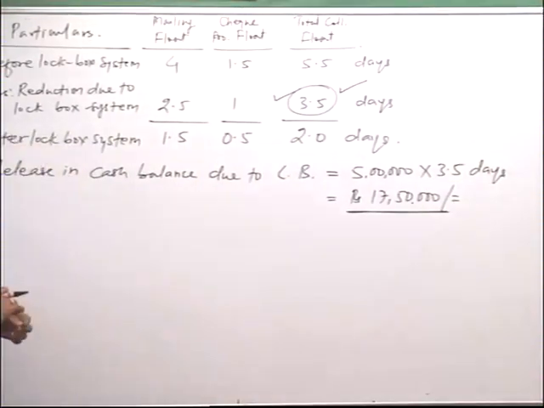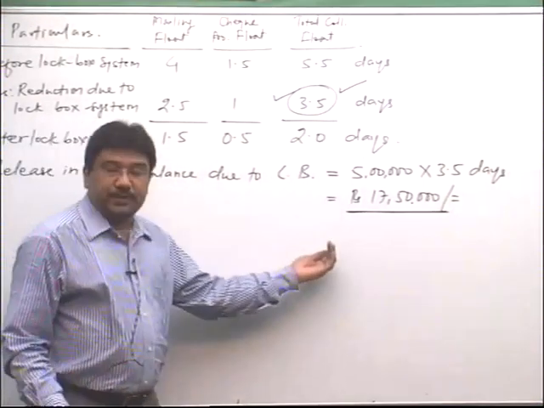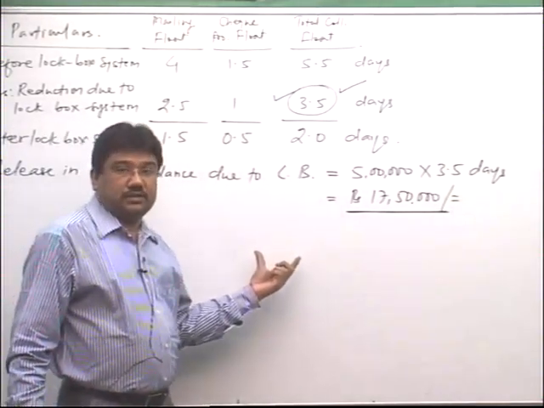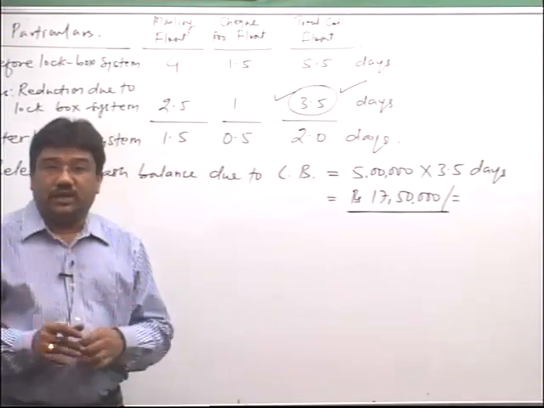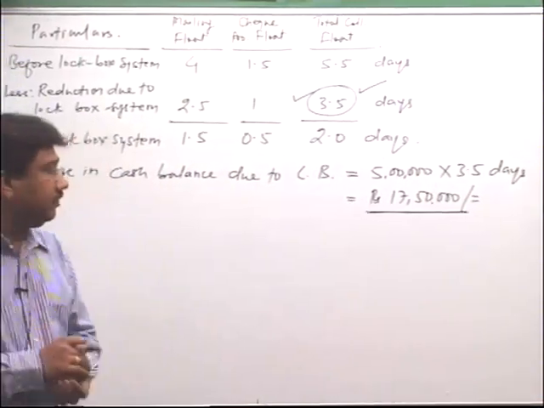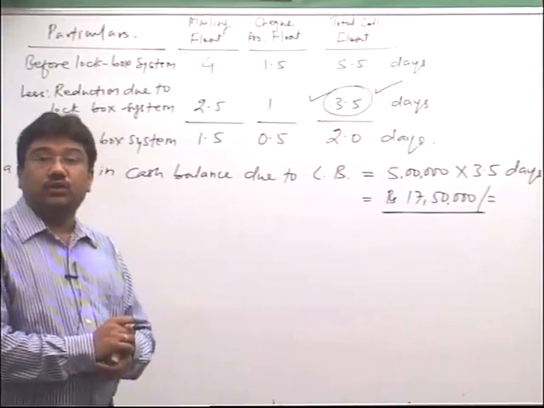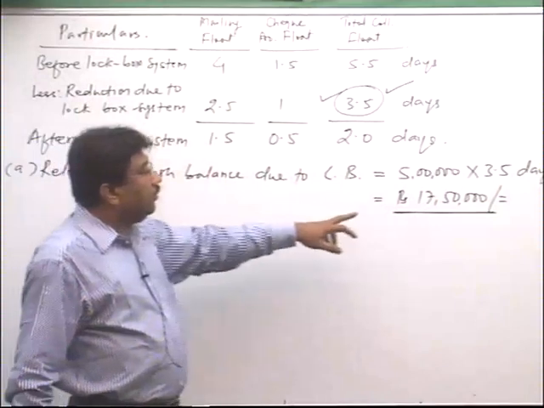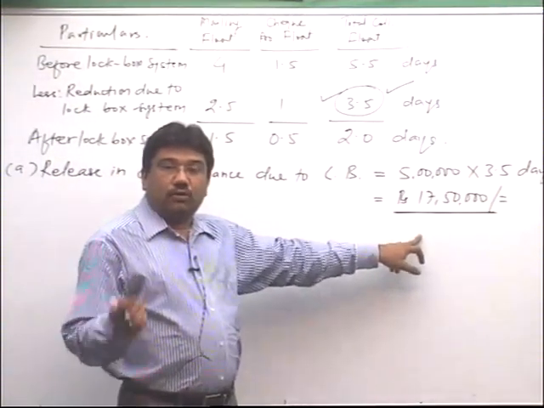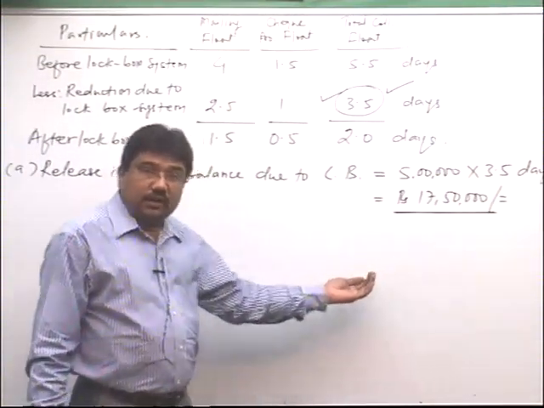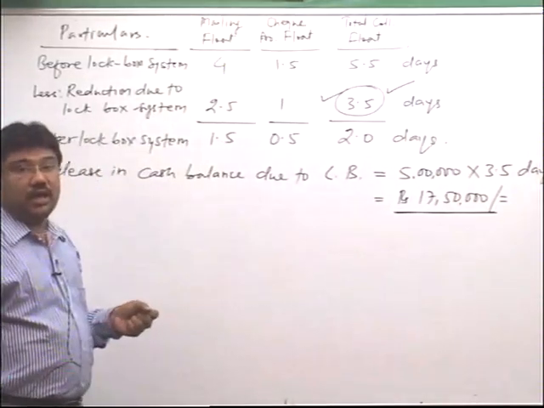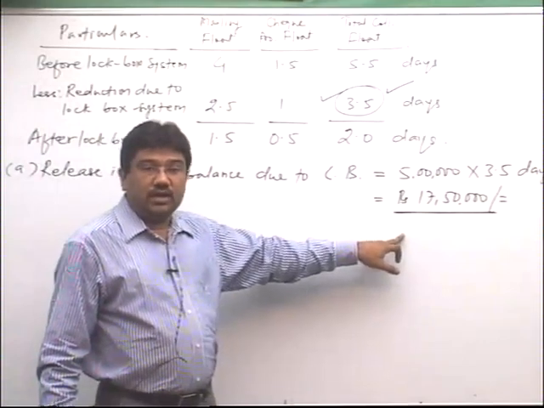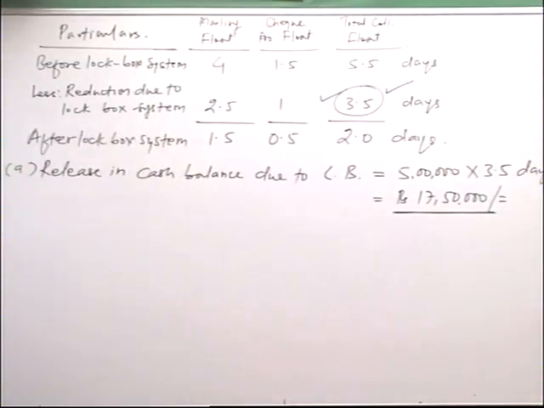So, if we receive this 17 lakhs 50,000 rupees earlier, then on this we can earn interest. So other way we can say that if we do not receive this money earlier, we will be the loser of interest, we will lose the interest. So in present system we are losing interest on it, but due to adoption of lockbox system the money is received by us earlier, so we will earn interest on it, so we will save the interest. So second question relates to that.